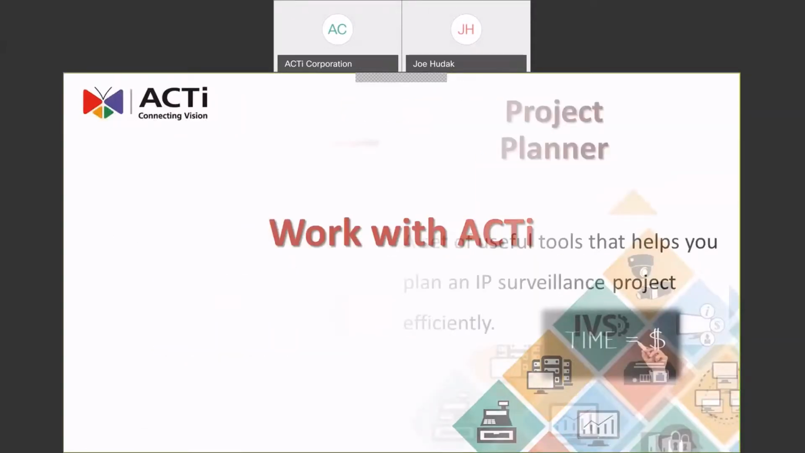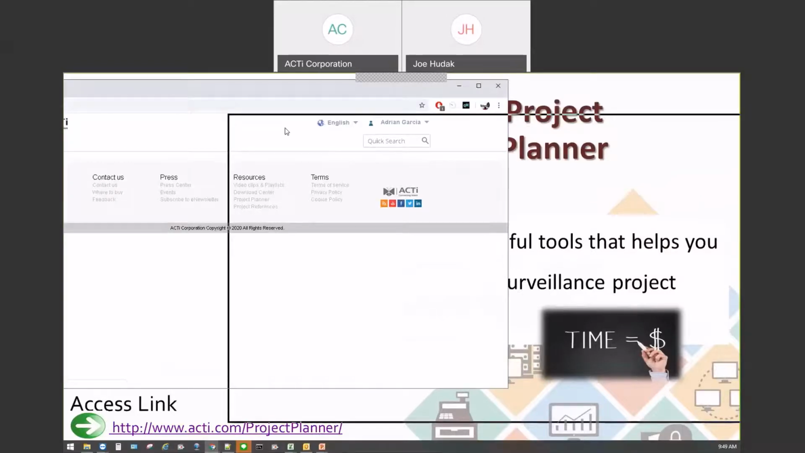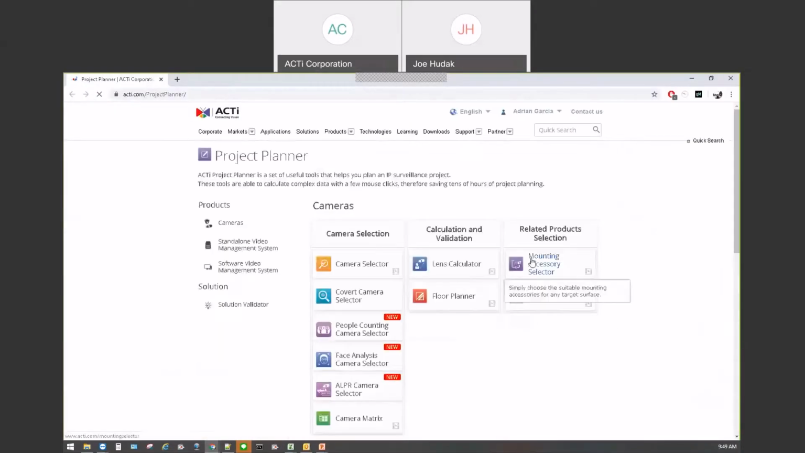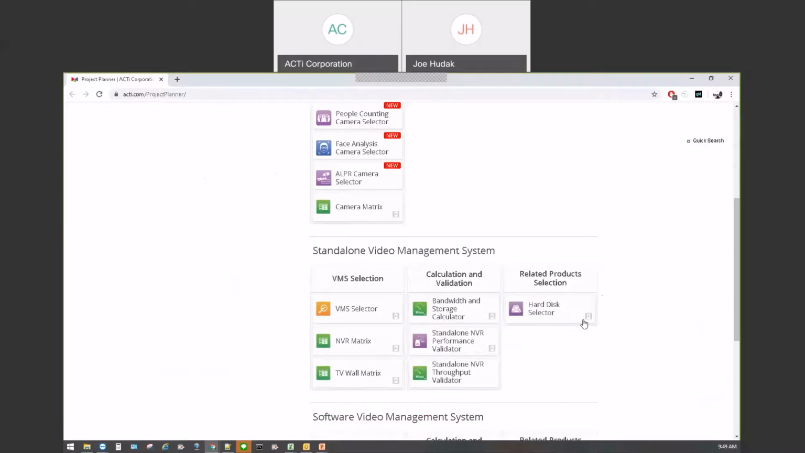Now, working with ACTi, we do have a lot of tools as well that will help you to plan for your system. So if you click on our project planner banner that is on our main page, this will take you to a lot of different tools that we have available. Some of the ones I want to highlight is that, for example, if you're going to be using one of our standalone NVRs,